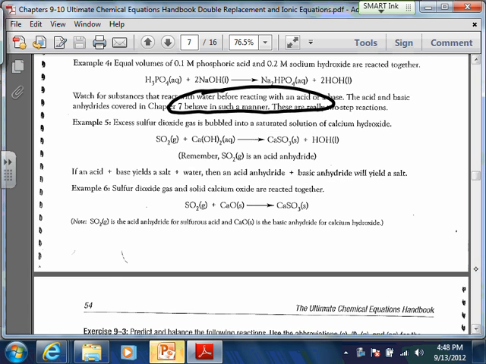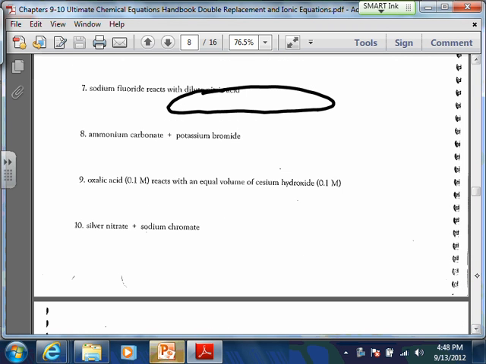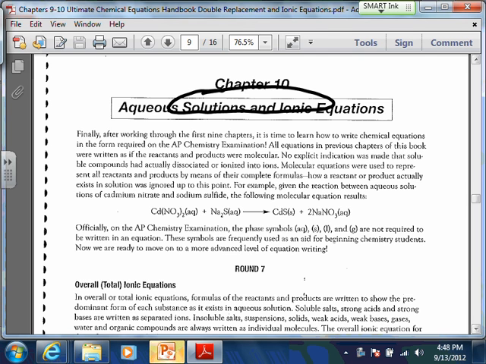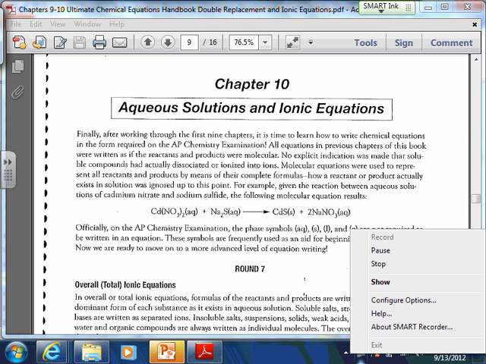And then it gives you some examples of that as well, okay? So that's it for that. Just wanted to make sure that you remembered some of the different possibilities, and I know I'm rushing through this, but I'm just hoping that some of this comes back to you from last year. But that's basically double replacement, okay? And now what we need to talk about is writing net ionic equations and that sort of thing. So I'm going to go ahead and cut the video off here. Part 2, we'll talk about how to write those net ionic